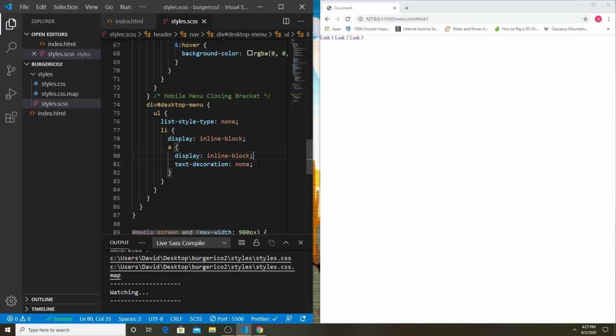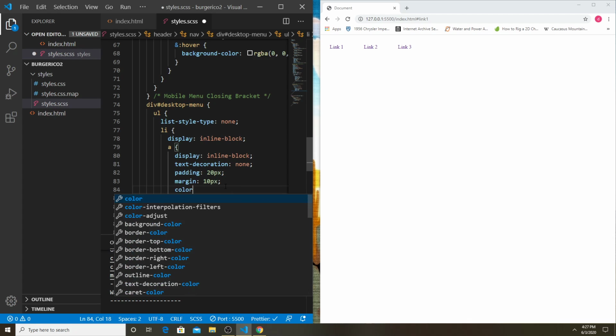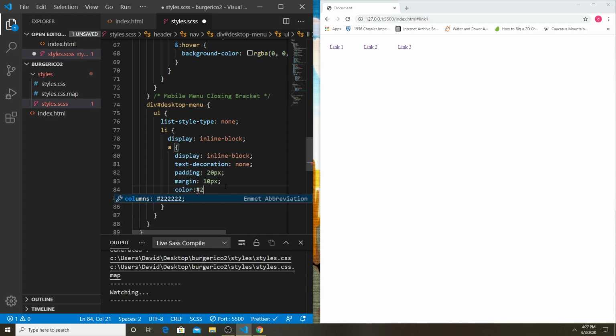to give it a width or a height, and spread them apart a little bit by adding some padding, maybe 20 pixels, and maybe some margin, 10 pixels, and let's change the color, make those gray, dark gray, or black almost,